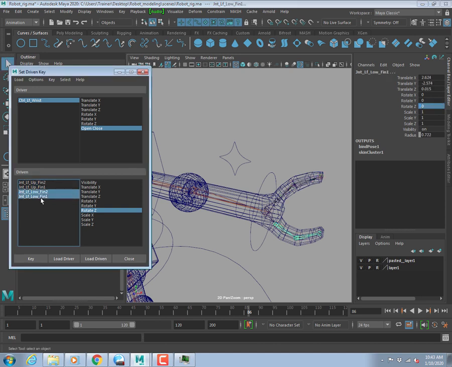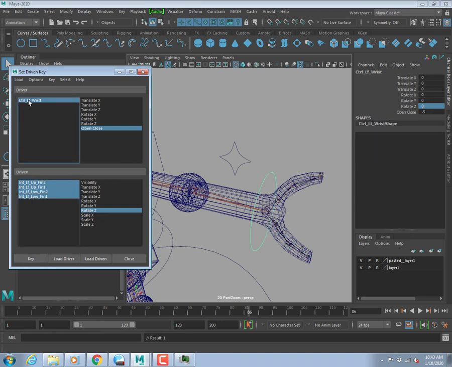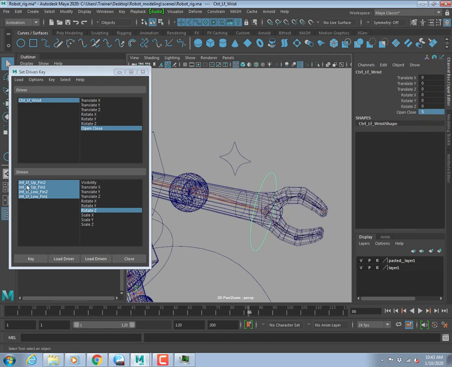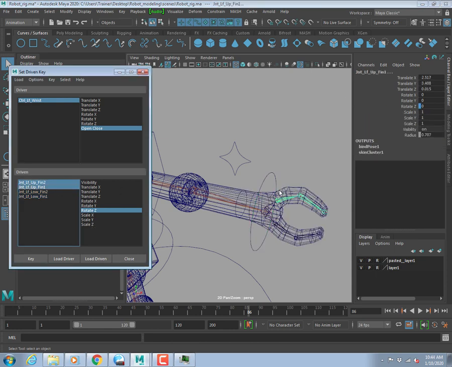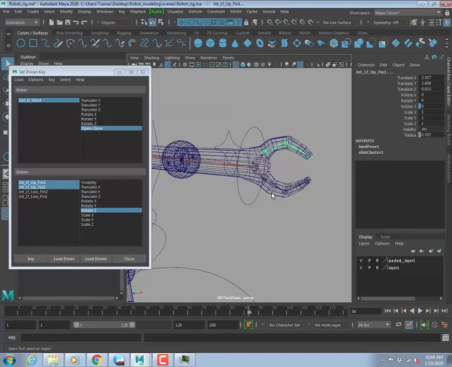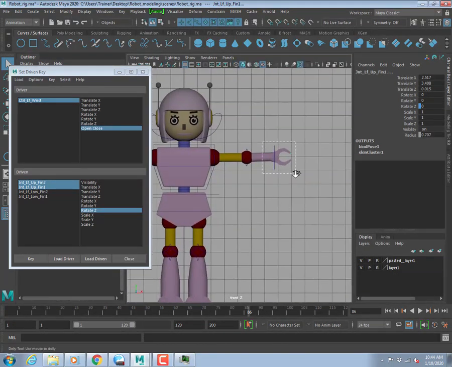This one should be -28. Okay, so highlight all 4, rotate Z, press key, and then go back to the controller, give a value of +5, and these two should be, let me go back to this,